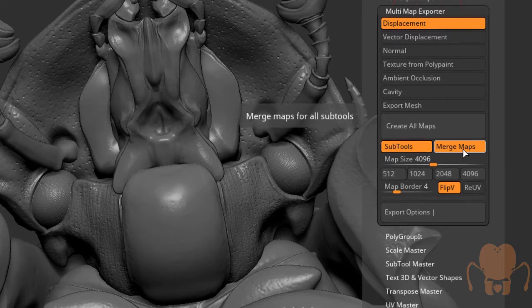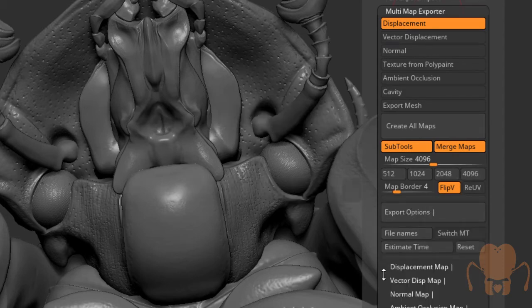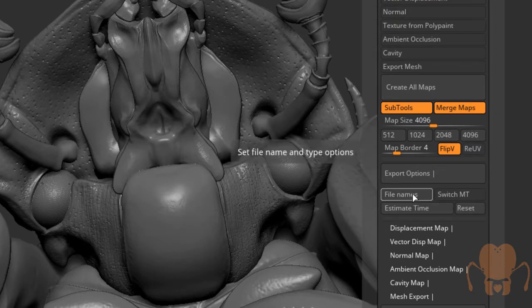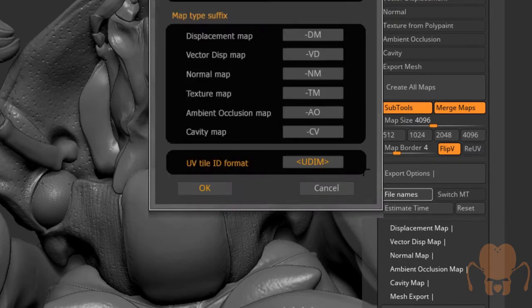Even though you can't see the UDIMs in ZBrush, it will create textures based on the UDIMs. And I want to set this to 4K. So I'm going to do 4K. Let's go down to export options. I'm going to turn on file names. This allows me to change the UV tile ID format. This is set to UDIM by default. I'm going to click on this until I get,